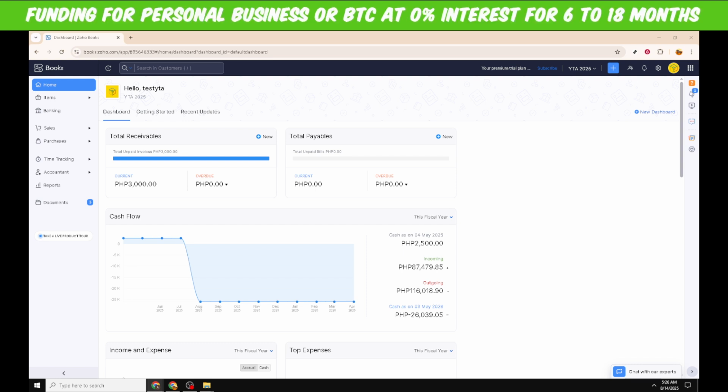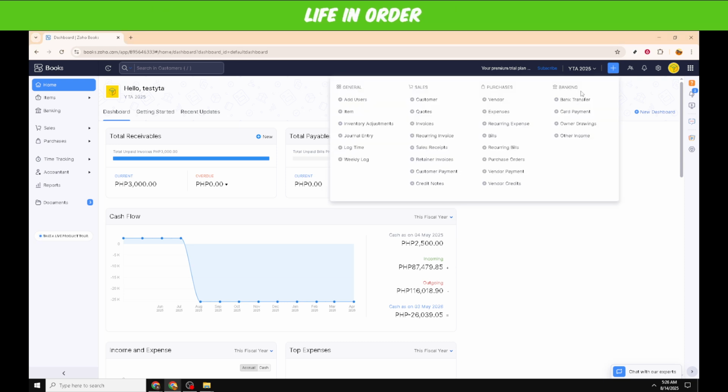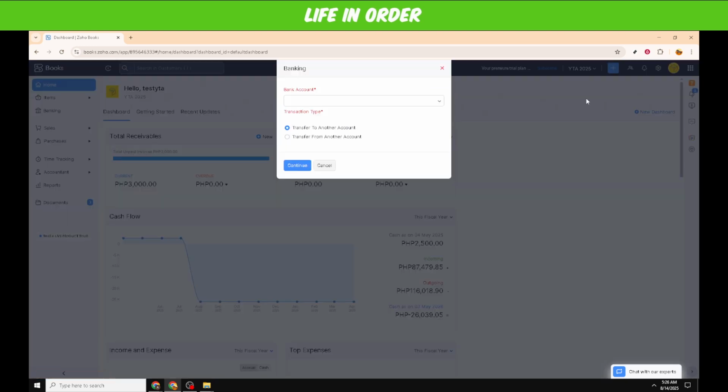Once you're on the dashboard, look for the Quick Create button. It typically sits prominently on your screen, making it easy to start a new transaction. Next, you'll click on Bank Transfer from the menu options that appear. This selection is crucial because it initiates the process of logging a bank transaction, whether it's funds moving in or